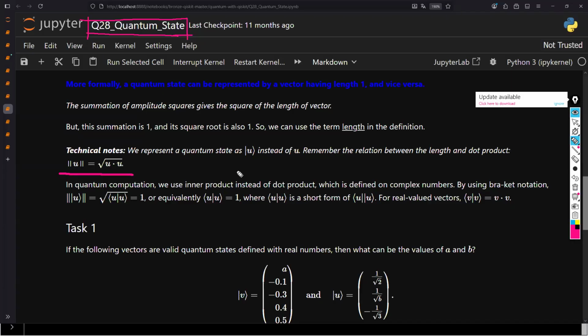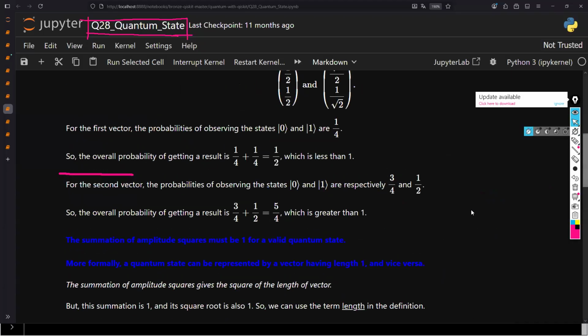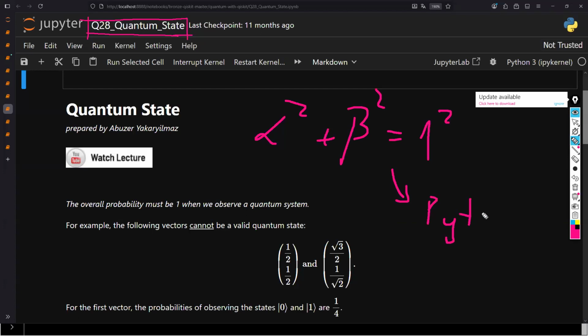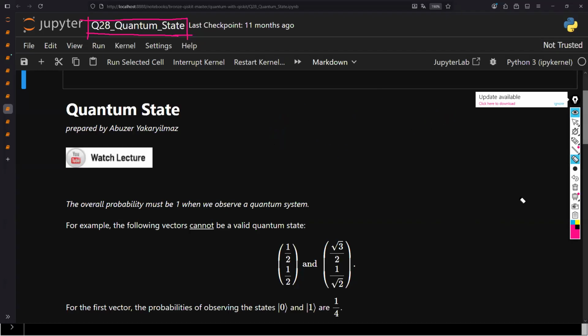Recall our first day, what we said is that alpha squared plus beta squared is equal to 1, but 1 can also be expressed as a square. And all of this is pretty much like the Pythagorean theorem. And this has to be true in more than